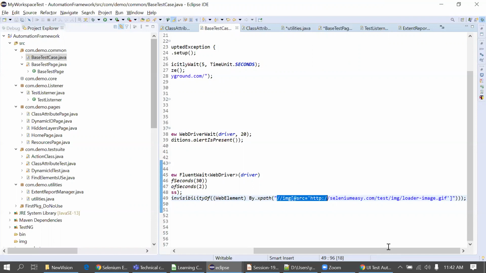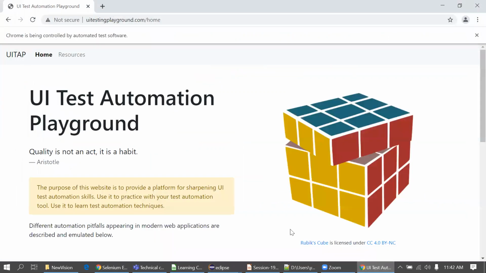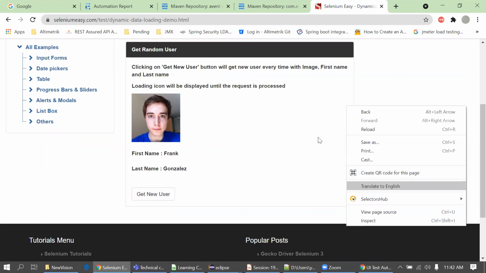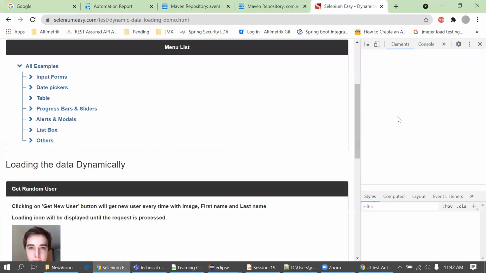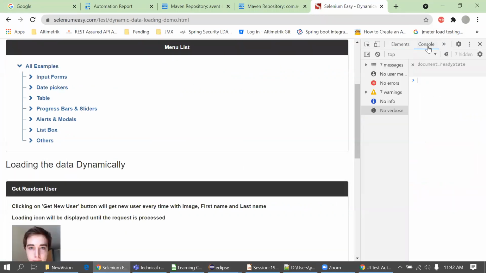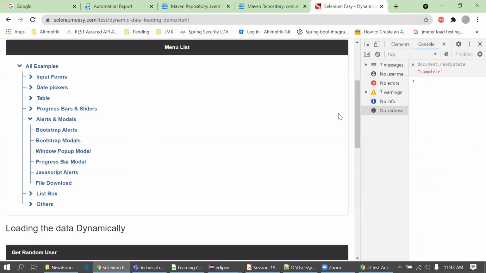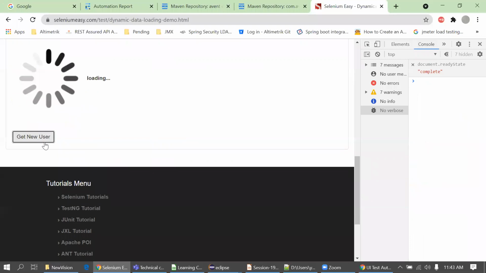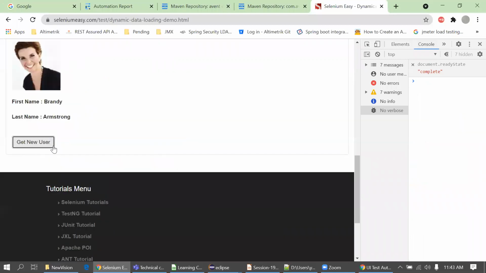I'm using the F8 button to stop the loader, but it can't stop. I'll show it again. Then another method to stop the loader. Simply right click, inspect. We have to go to the console, right? I'm just clicking on the get new user button. I'm simply pressing F8.